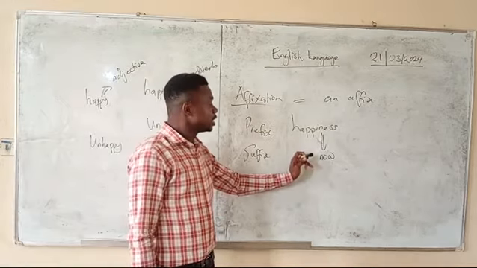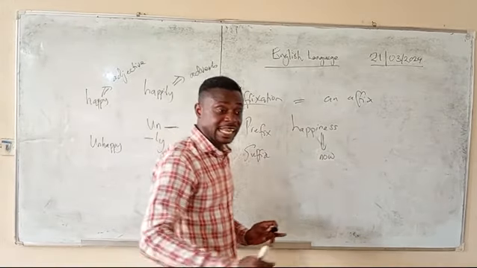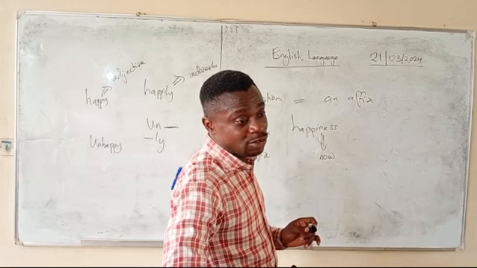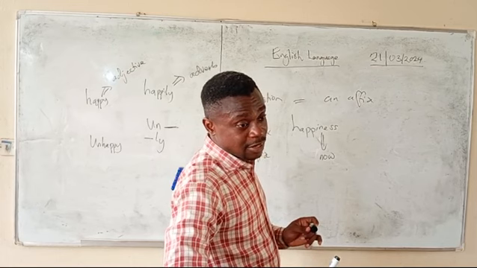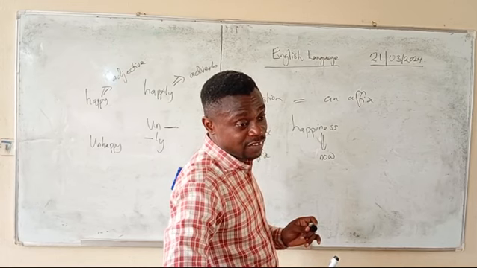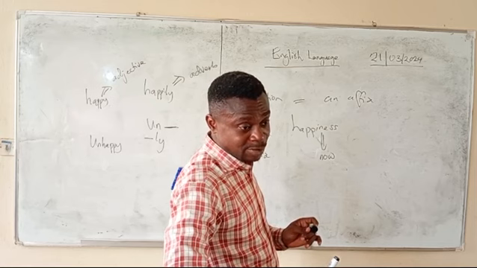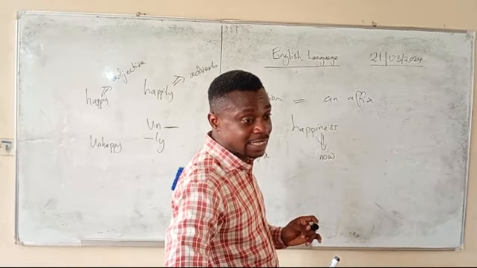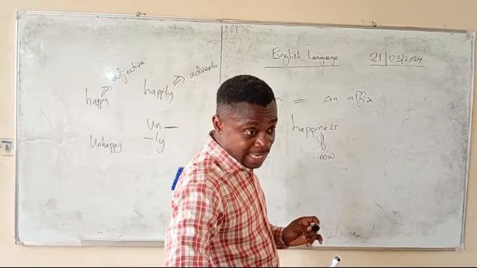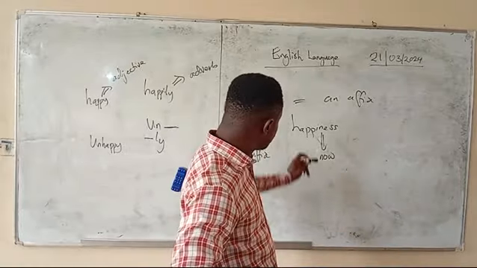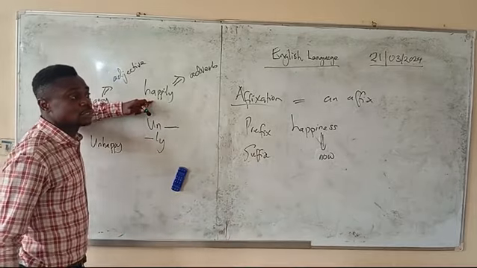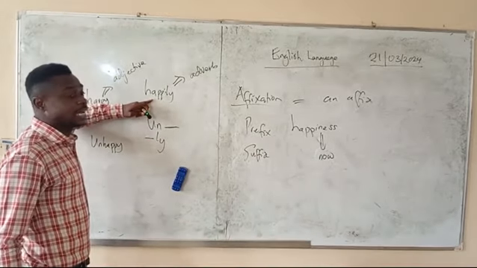Happiness is a noun. Remember when we treated nouns, there are some nouns that you cannot touch, that you can't even see, but you can feel. They are what? Abstract. They can be an idea, an event, or a state of mind. So happiness is a noun, but happily is what? An adverb.